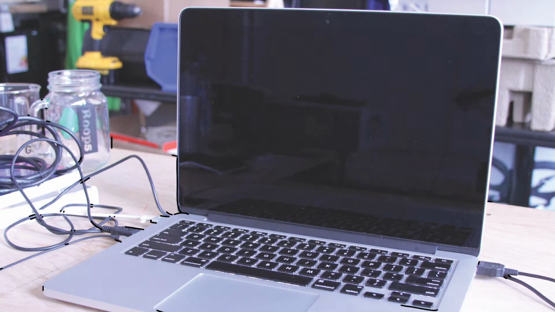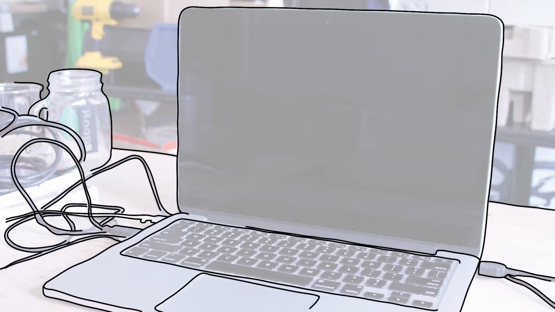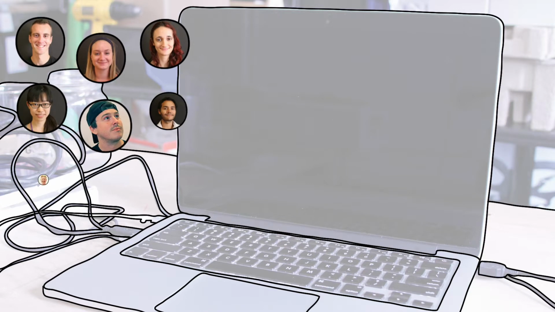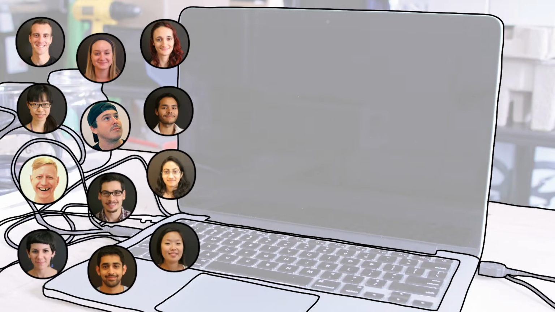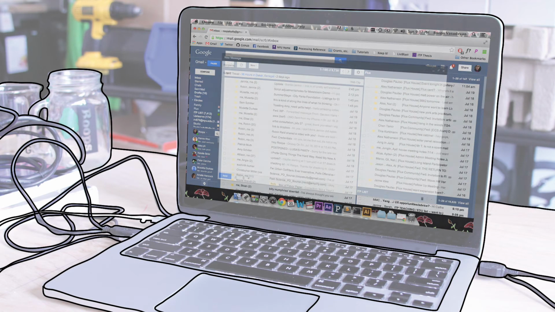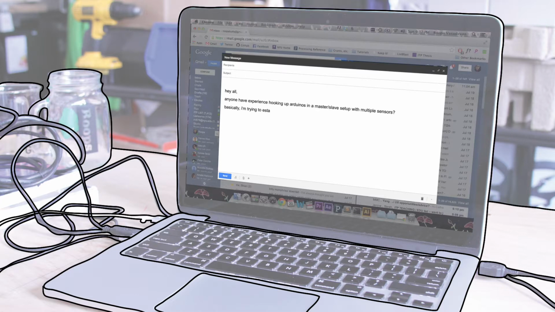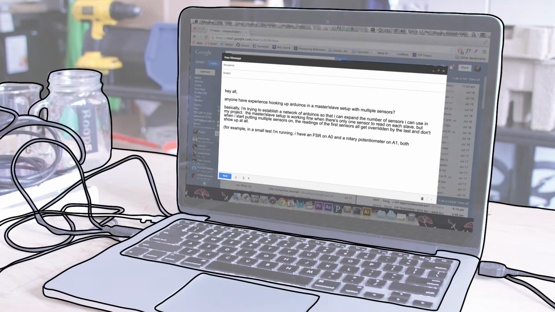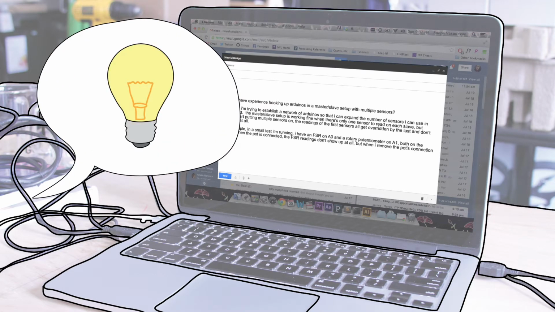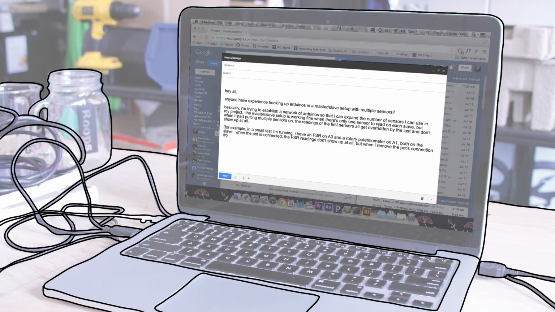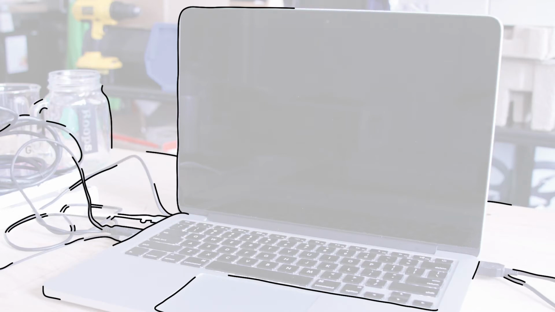Asking for help can seem like a solution of last resort. After all, it's your project. However, getting ready to ask for help can be a great first step. When you're trying to understand your bug, think of someone who understands the kind of work you're doing, and write them a message in as much detail as they need to understand your problem, explaining what you think should happen and what's happening instead. Often, you won't need to send this message. Just having to describe your project and your bug is enough for you to figure out what's wrong on your own. And of course, if you do end up asking for help, this is the message you'll want to send. Writing it first just gives you a head start.